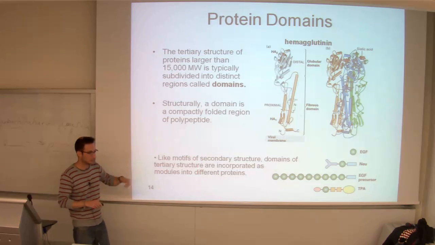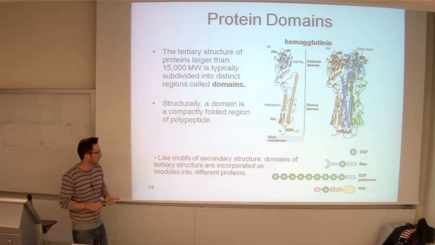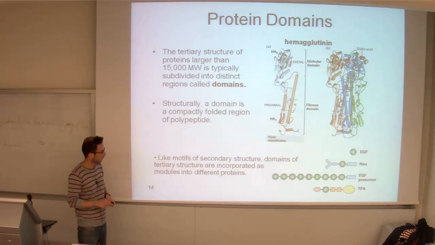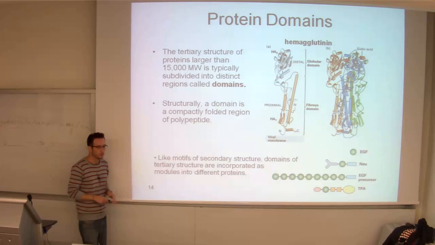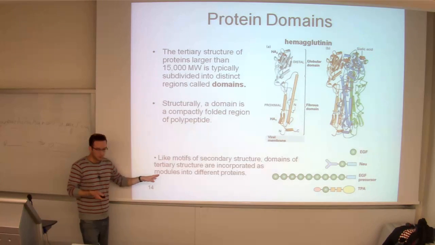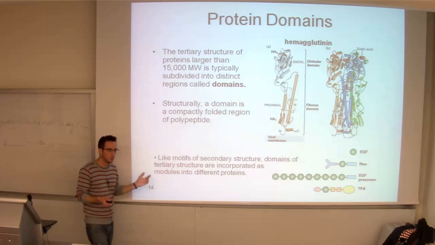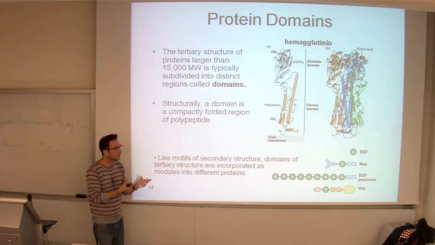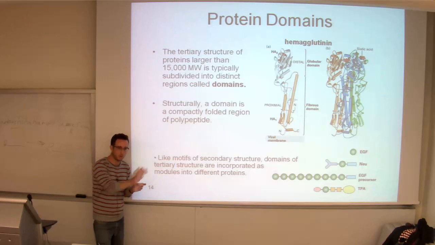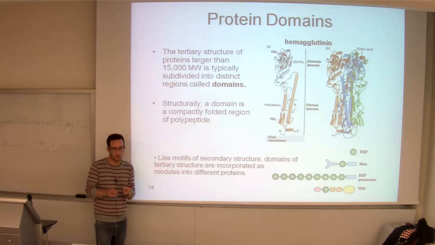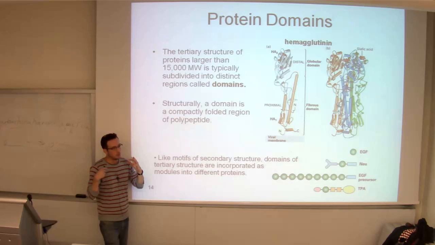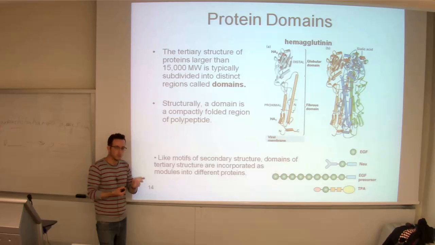Okay, like motifs of secondary structures from the previous slide, domains of tertiary structure from this one are incorporated as modules into different proteins. So when we talk about modularity in biochemistry, we mean that the cell uses building blocks or specific structures in one protein for one purpose and another protein for a similar purpose or even a different one. And we'll argue that during the evolution, when a certain structure came up and was found to be effective and stable and give some function to the cell, it is used in another protein as well,